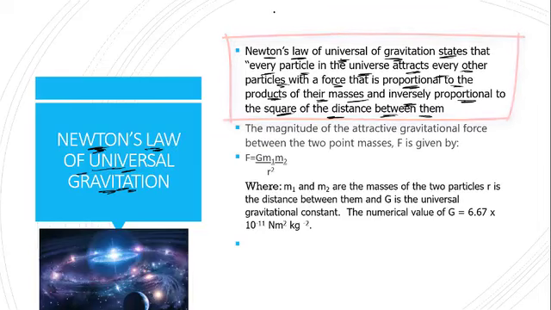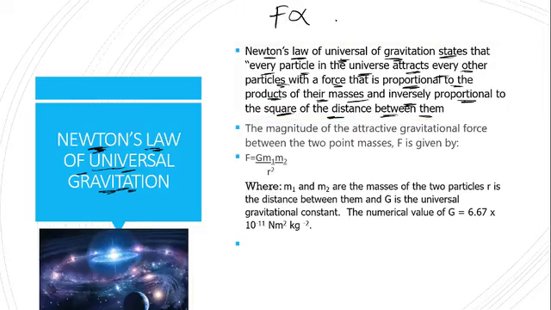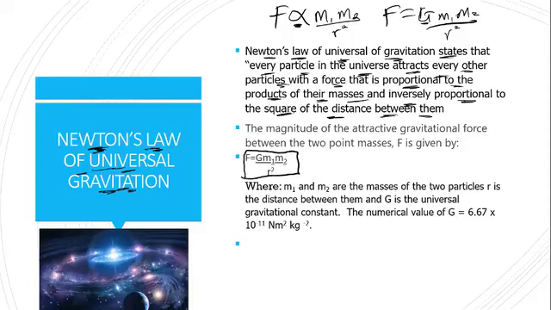So put simply, Newton was saying that gravitational force of attraction is directly proportional to the product of the masses of the two bodies that are being attracted to each other and inversely proportional to the square of the distance between them. Now this is the sign of proportionality, which we're going to replace with equal to a constant known as G, gravitational constant, m1 m2 all over r squared. That is the equation you see right here on your slide.